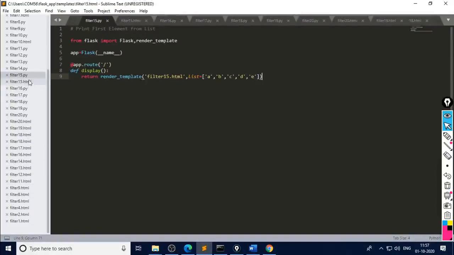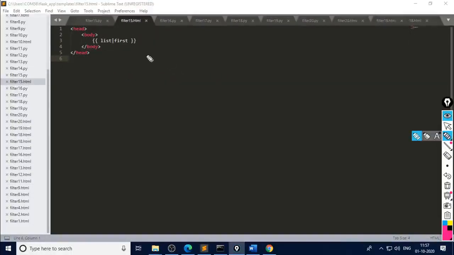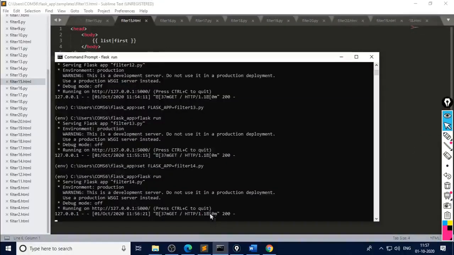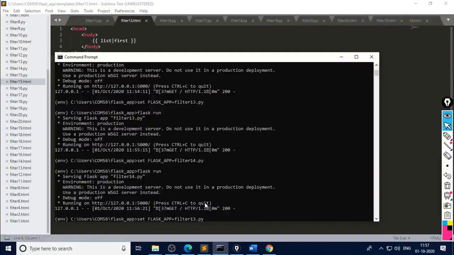What are the contents of this one? We used the filter first: list, pipe sign, first. It will print the first value. First means the character or string present at the 0th index. That would be the first one. So let us execute this one. Filter 15.py.